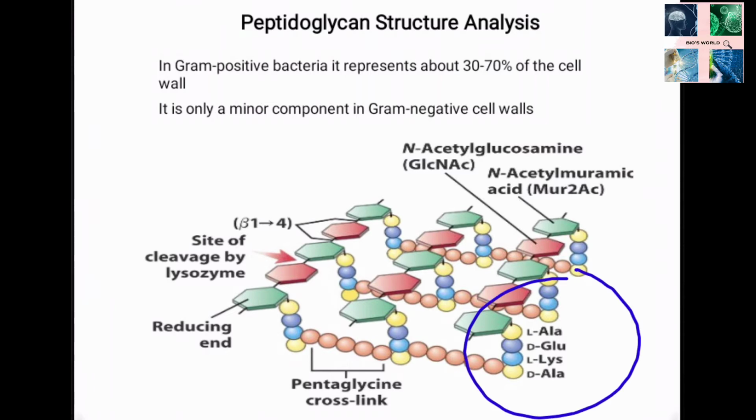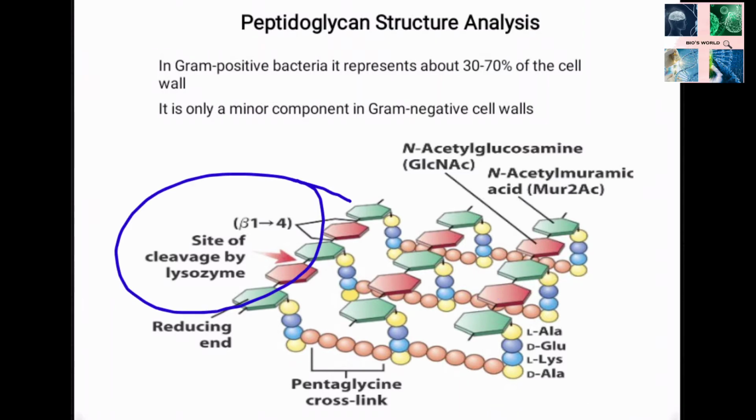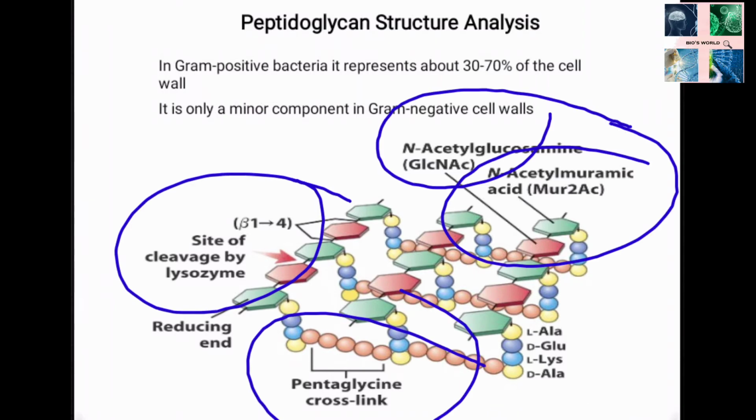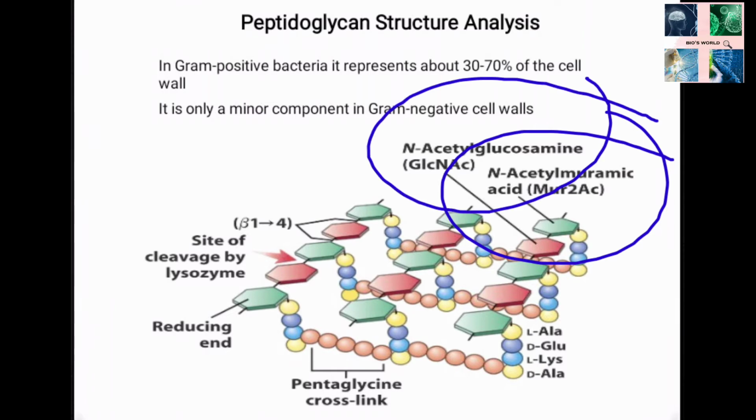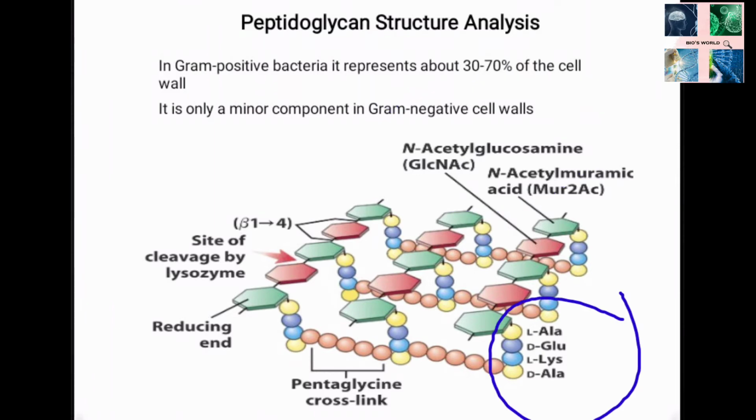This glycan backbone is composed of alternating units of NAM and NAG, which are linked by a beta 1,4 glycosidic bond. And what is NAM? NAM is N-acetylmuramic acid, and NAG is N-acetylglucosamine. Next, the peptide subunit usually contains 4 alternating L and D amino acids and is connected to the glycan strand by a lactyl group of